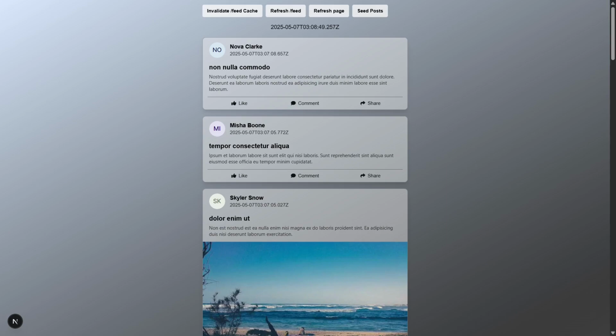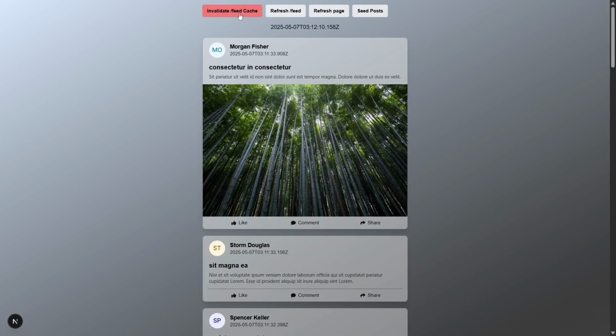React server components have a feature called Server Actions. This built-in capability lets you run server-side logic, such as database queries or mutations, directly from either server or client components, without requiring separate API routes or client-side handlers. The Invalidate Feed Cache button is a client component that triggers a server action to revalidate the statically cached data